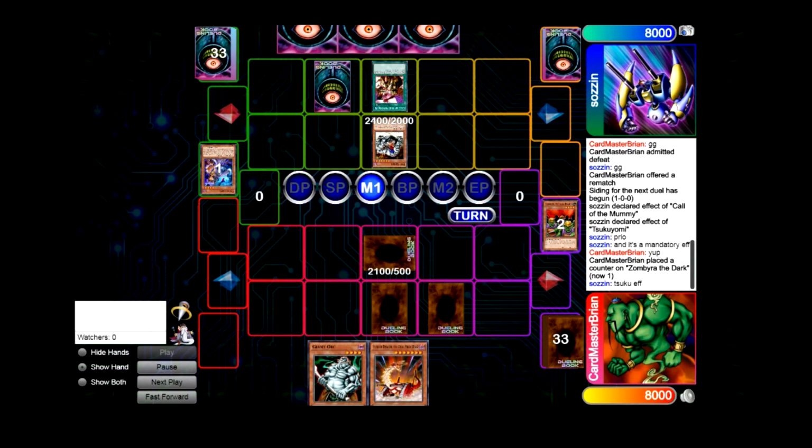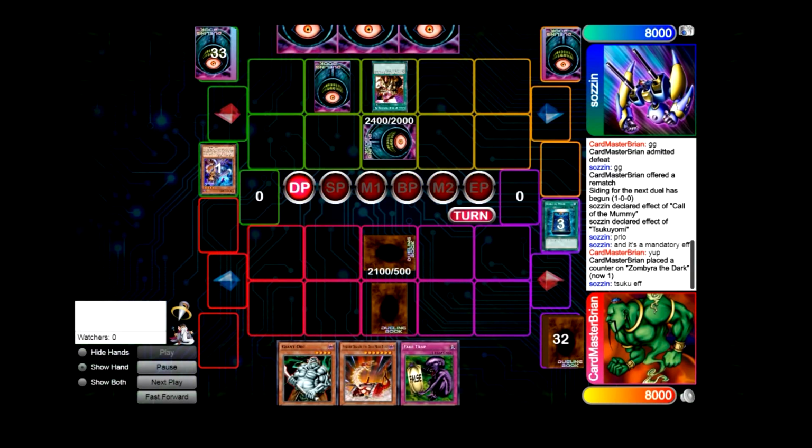So that was just a little miscommunication there. I didn't realize he flipped my card down with Tsukiyumi, so he told me that it goes face down, and I'm like, yeah, sure, no problem. And so I flipped his card face down. Now,